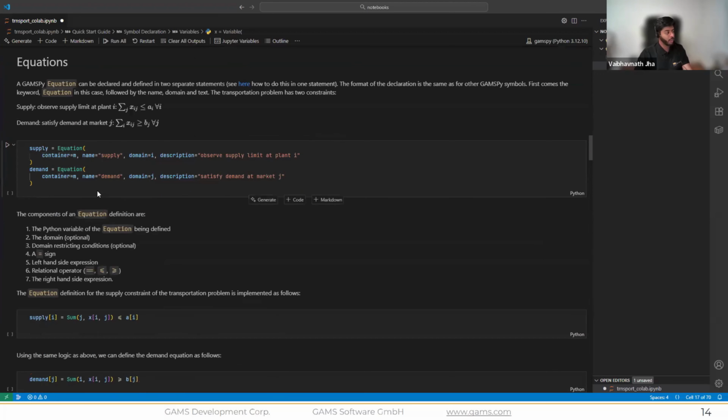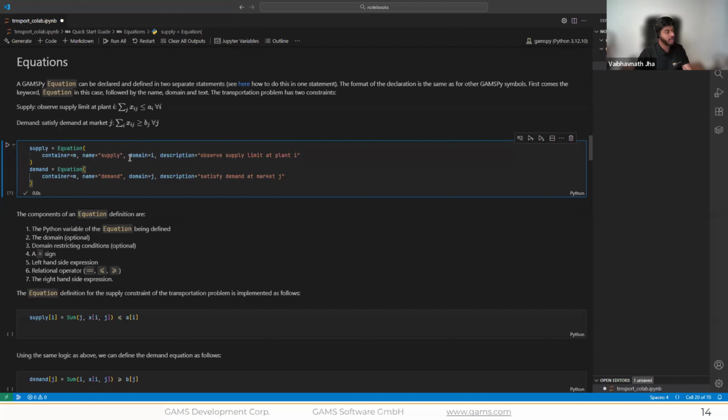Then we can define our equations. In GAMSPy, we first have to declare the equation objects. In our case, it'll be the supply equation and the demand equation. And for that, again, similar to other symbols, we mention where these equations would live, that is the container M. We give it a name.